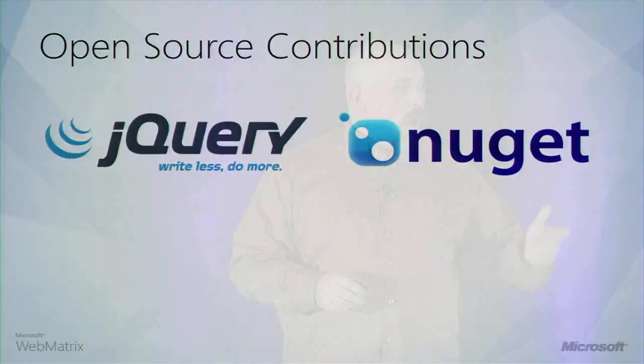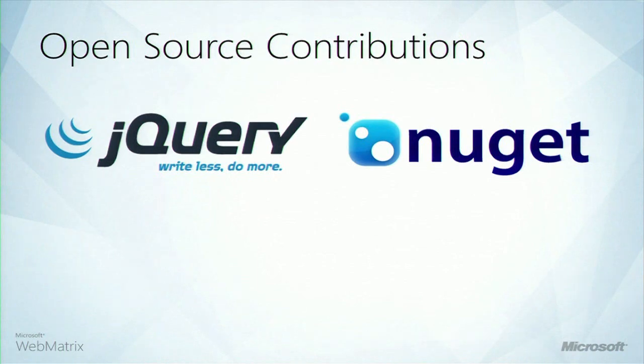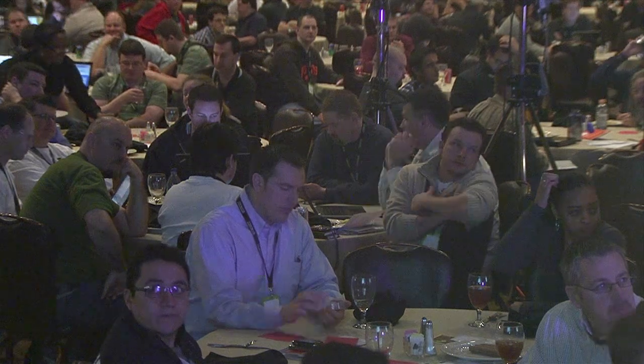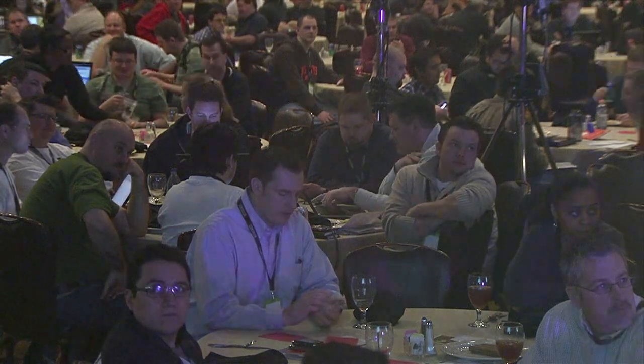Additionally, we've been working with Outercurve on a new package management system called NuGet. NuGet allows you to find, install, and manage all of those great .NET open source packages that are out there. We've seen a tremendous amount of movement around NuGet. Since August, we've had 300-plus packages submitted to the project. That's very exciting for me. And of course, ASP.NET MVC, as always, is also open source.